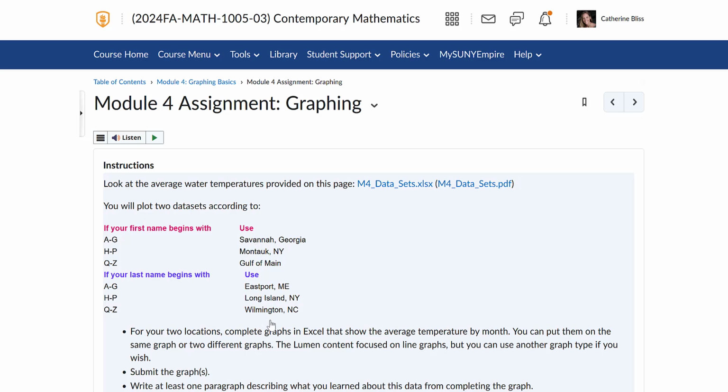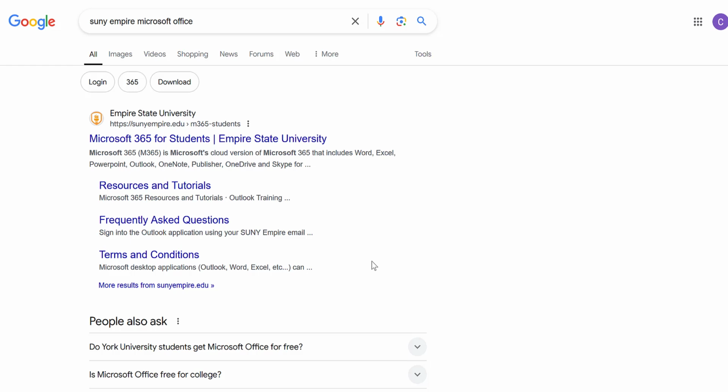And you will need to use a tool called Excel. So we'll be looking at making the graphs in Excel. Excel is free for all SUNY Empire University students. Now you can get there through your student portal, or you can just go to a Google search and type SUNY Empire Microsoft Office, and then you'll get to the Microsoft 365 portal